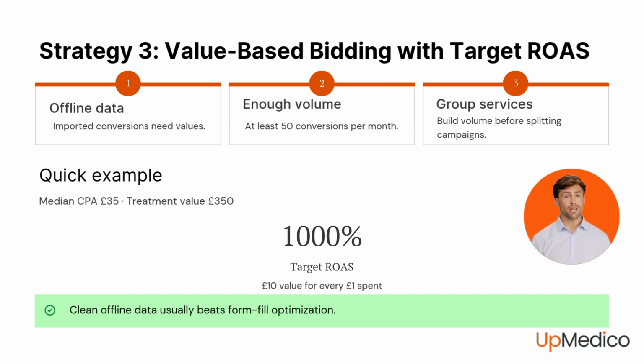A UK aesthetic clinic with a £35 median CPA and an average treatment value of £350 could set a target ROAS of 1,000%, telling Google to aim for £10 in treatment value for every £1 spent. The setup requires volume to stabilize. Google generally needs at least 50 conversions per campaign per month before smart bidding becomes reliable. For lower volume service lines, group similar services first, accumulate sufficient data, and separate into individual campaigns once the threshold